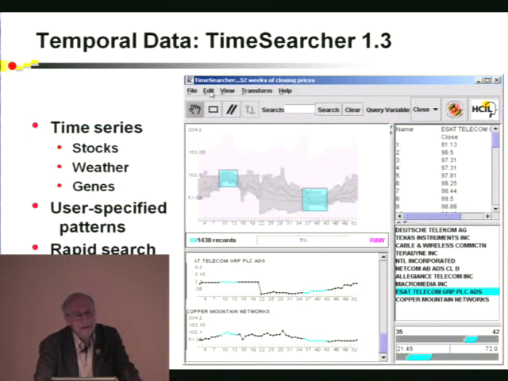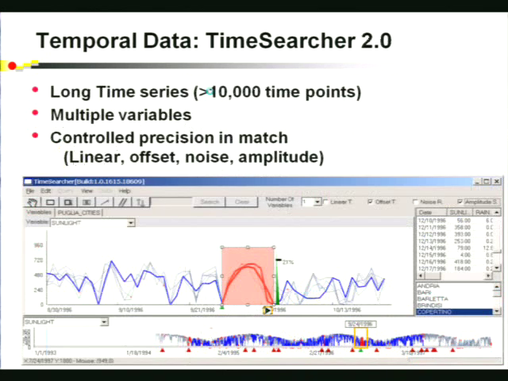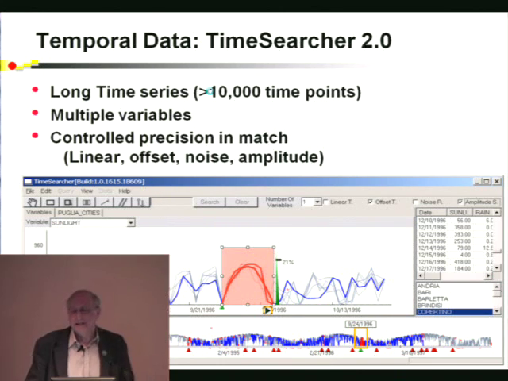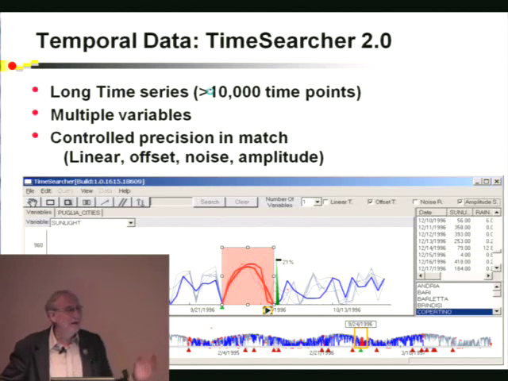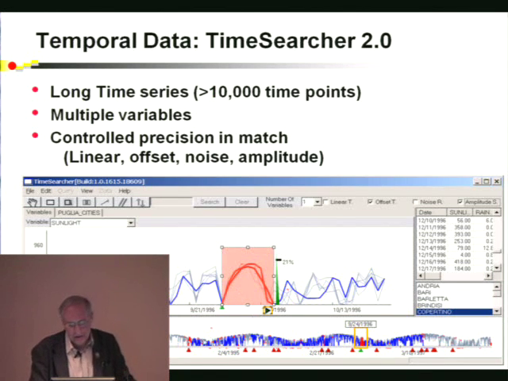Chevron came along and said to us, that's great, but 200 time points is not quite enough. We have the time, the pressure and the temperature in every well at the top and the middle and the bottom every 10 seconds for a year, and we've never been able to see the data. So we built a version that does 10,000 time points, and we then allowed richer kind of searching, and this looks at 5 years of weather data, and you can